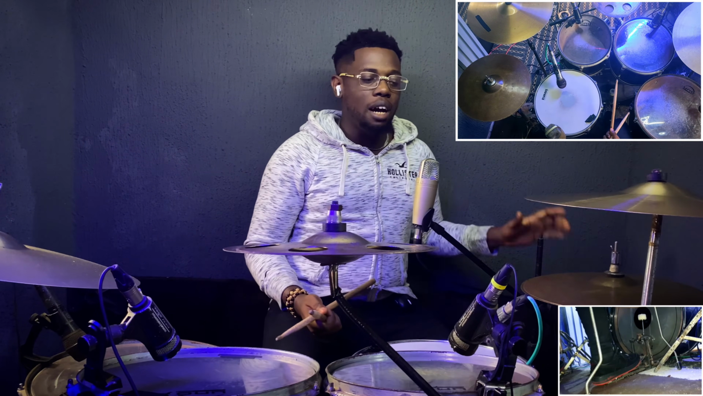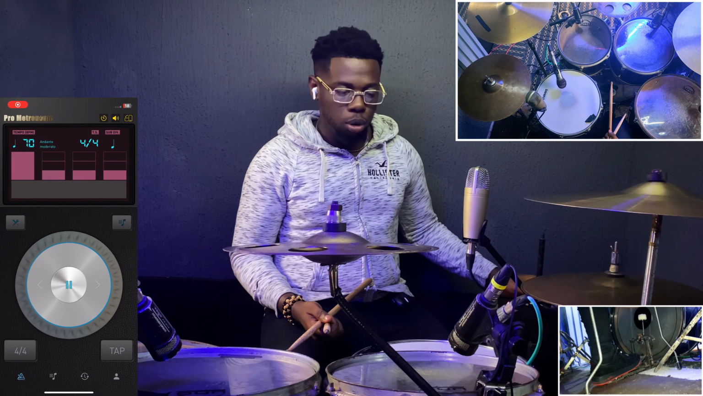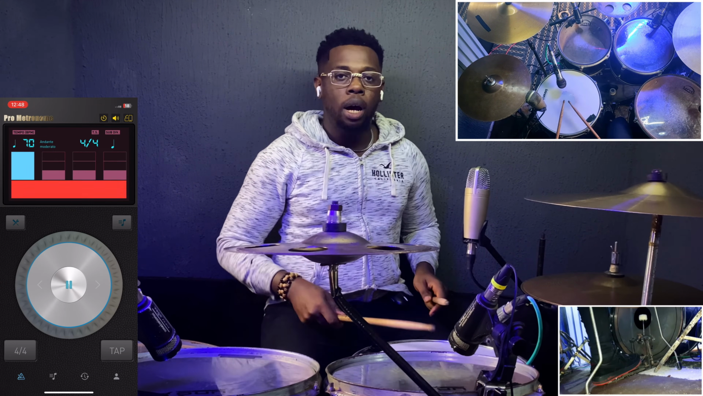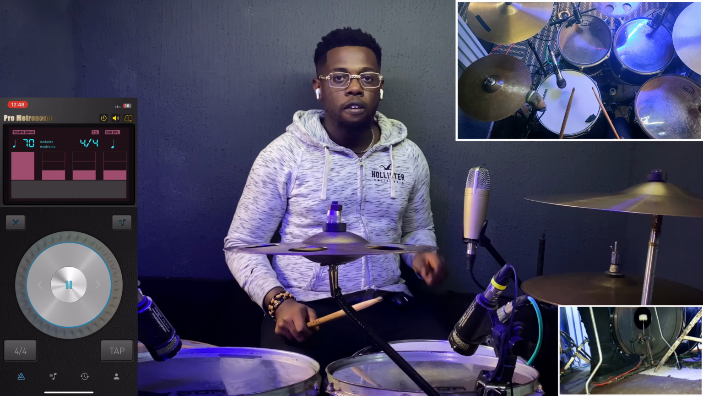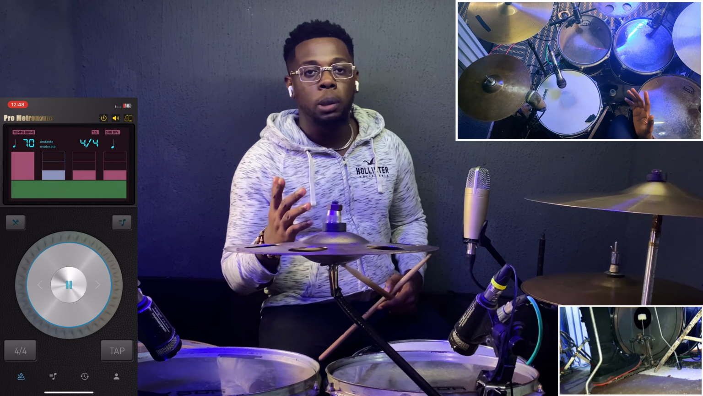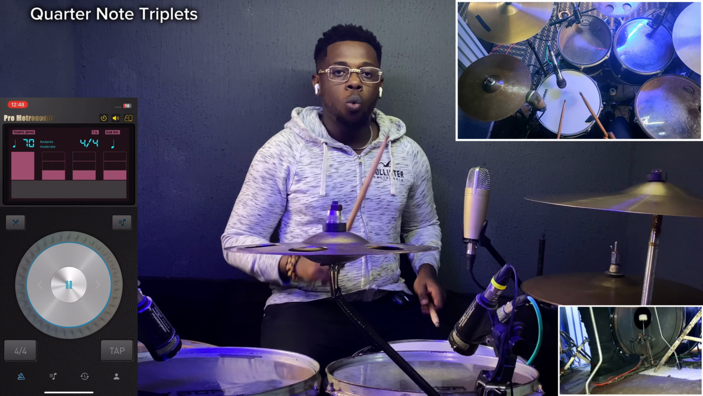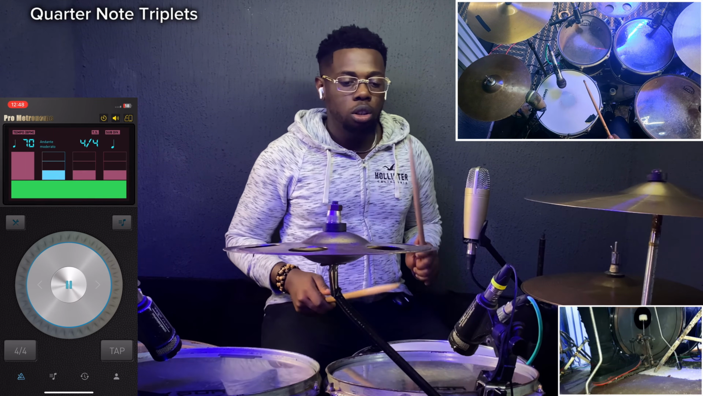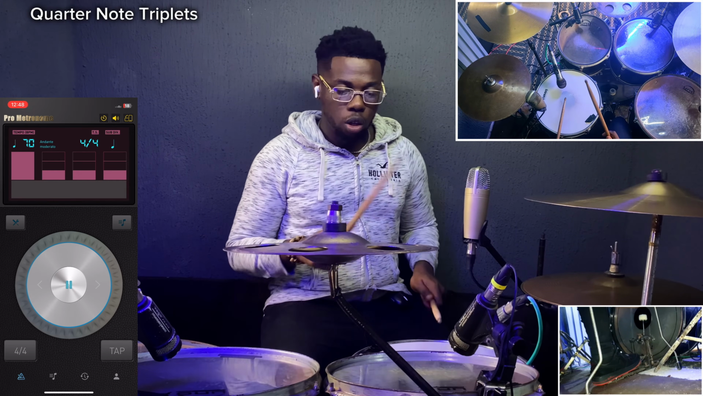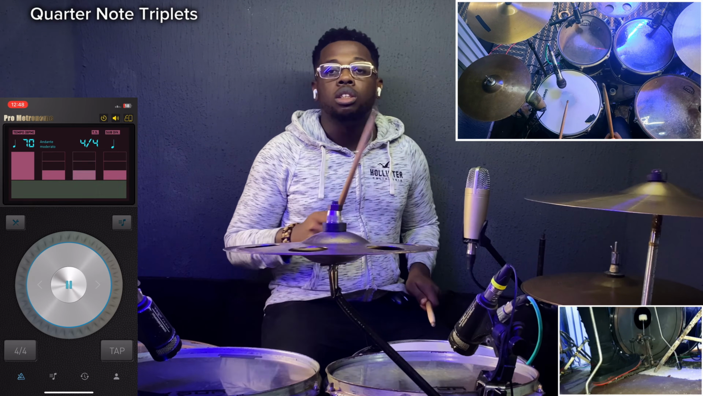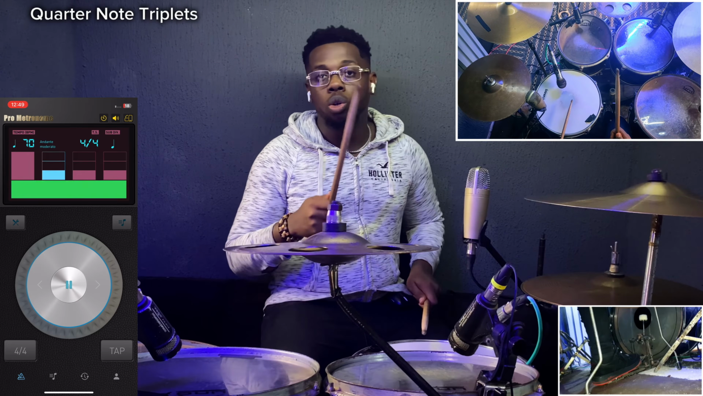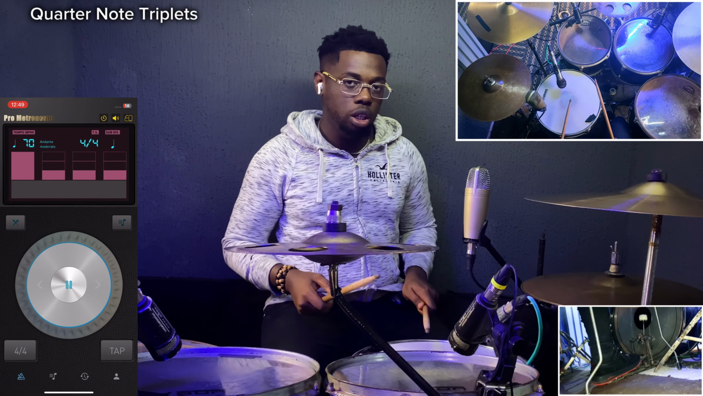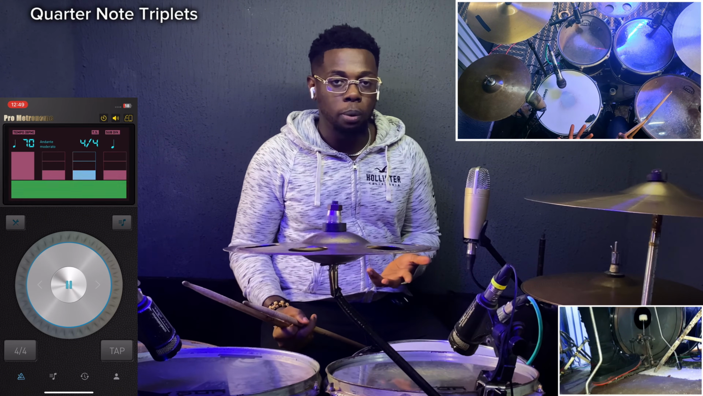So normally we have our quarter notes as this. So 3, 4. If we were to count quarter note triplets now, it's going to sound something like this. That's how we count quarter note triplets. So move on to eighth notes now. But to play our normal eighth notes are